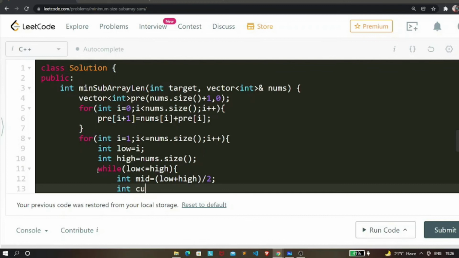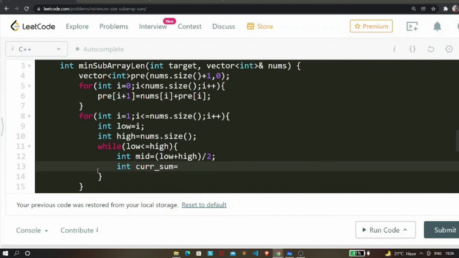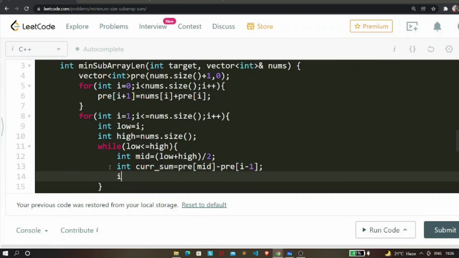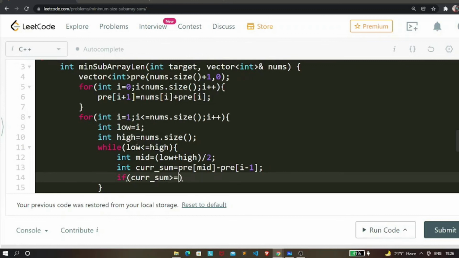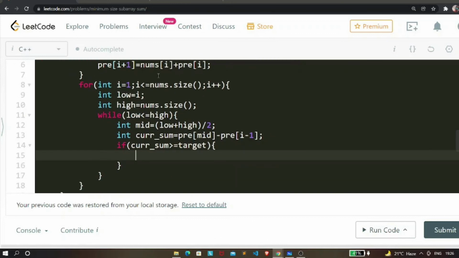Then we need to find the current sum, and the formula for it is pre of mid minus pre of I minus 1. And we need to check our current sum. If our current sum is greater than or equal to the target element, then we need to have a variable.